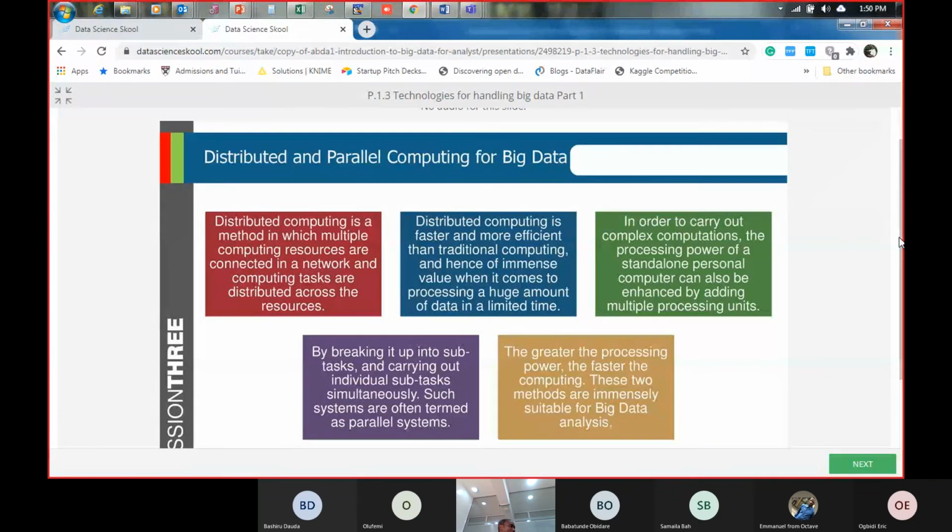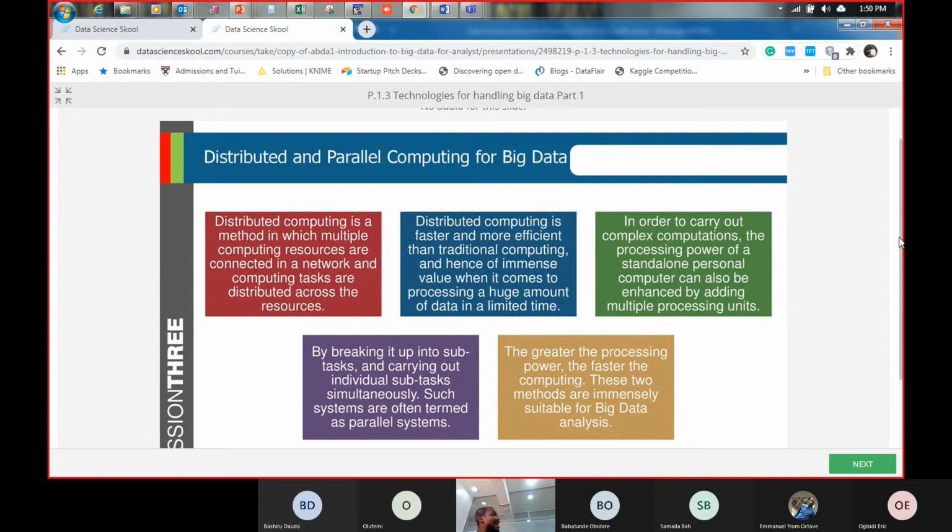So when you now have a job, in this case 1,000 people you want to move to Abuja, you break the job into smaller chunks. In the same way, when you have a big data job that you need to do, instead of getting only one computer to get the job done, you can break it down into smaller units and distribute it among all the computers that are interconnected.